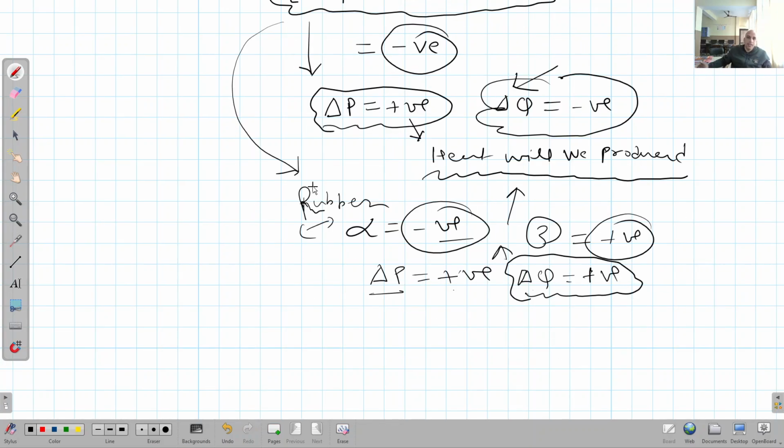This equation number 3 tells us that a material that expands on heating, then in that case, when we apply pressure, delta P is positive, heating effect will be